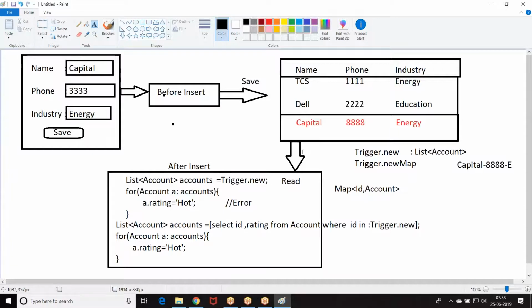Now what happened? I got a requirement like this. I was associated with the TCS company. I am doing business with TCS and we are providing consultants. We are doing outsourced work and we are also providing some hardware. These are the equipments we are providing. Now we are doing a lot of business with TCS.